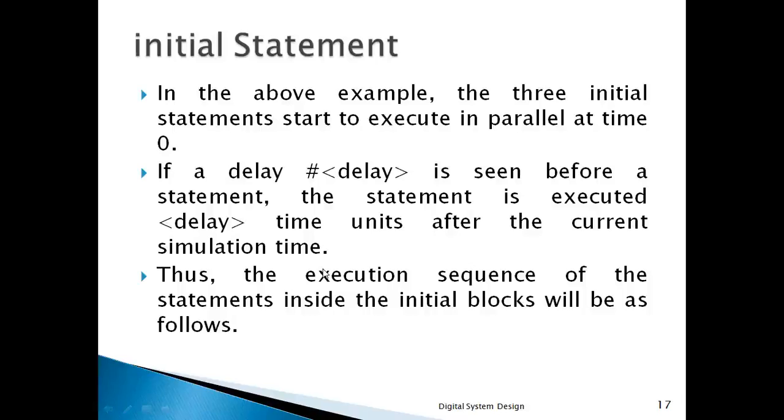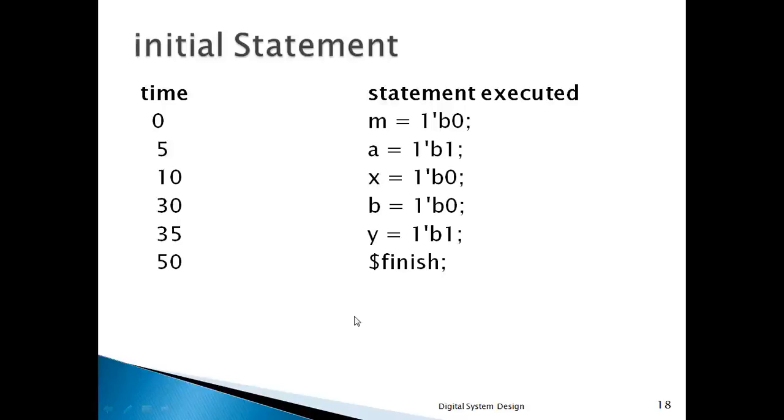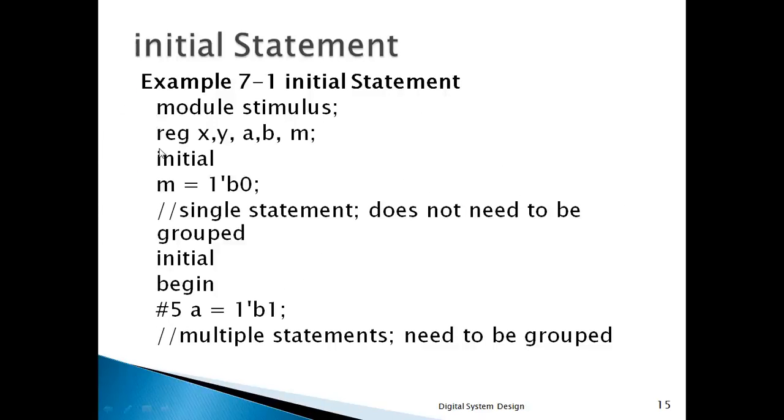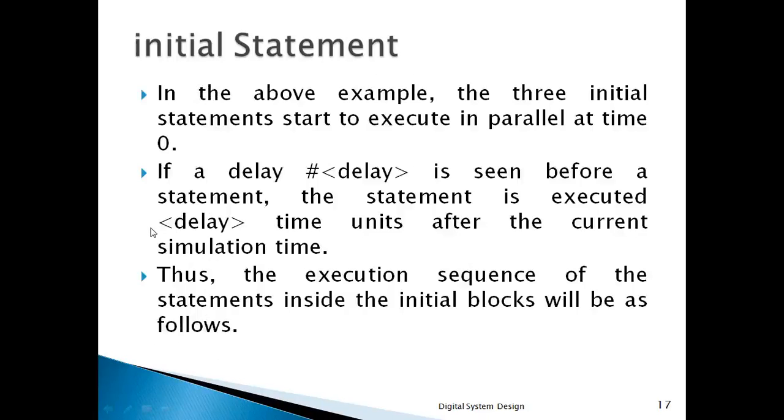The execution sequence of the statements inside the initial blocks will be as follows. Here you see that at time 0, the m variable is assigned the value 1-bit binary 0. In this initial block, m is given, so no delay is used. Then m will be assigned the value binary 0. Next you see